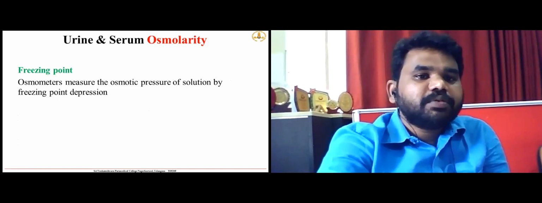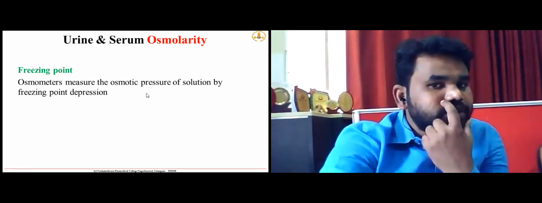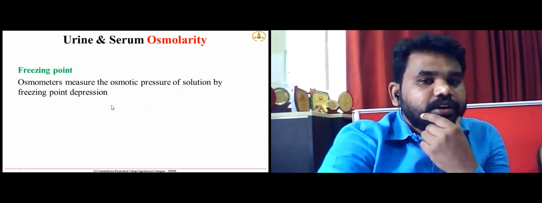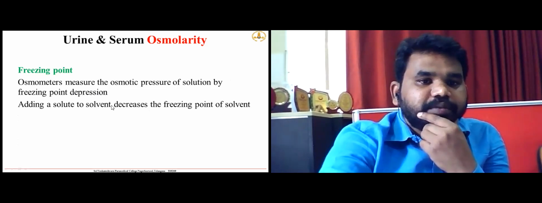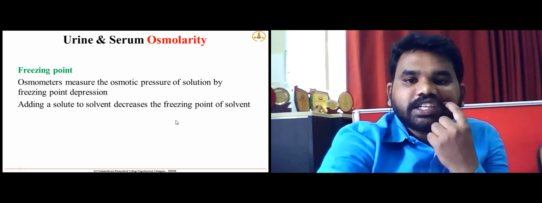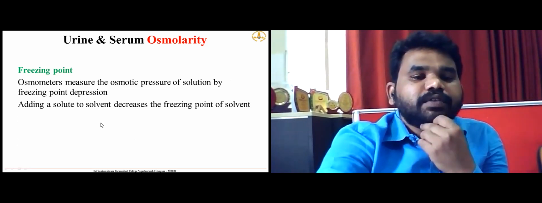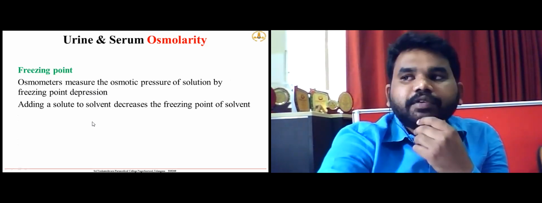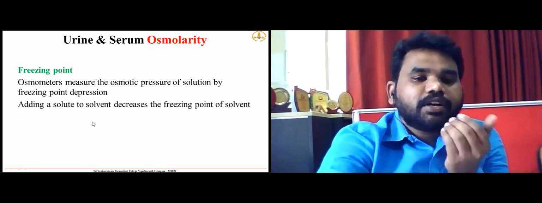So, freezing point osmometer. This osmometer measures the osmotic pressure of the solution by freezing point depression. What does this freezing point depression mean? Adding a solute to the solvent decreases the freezing point of the solvent. So for example, water boils at 100 degrees Celsius, but when you add some alcohol to the water,